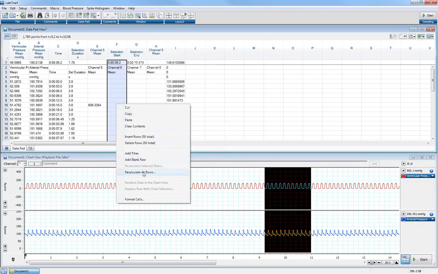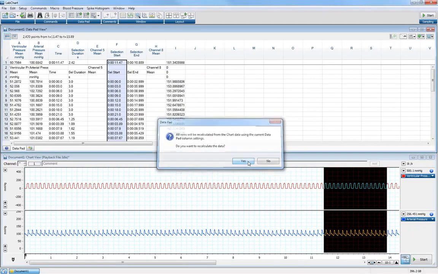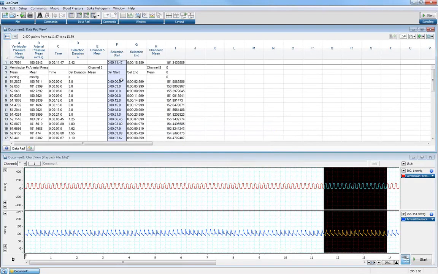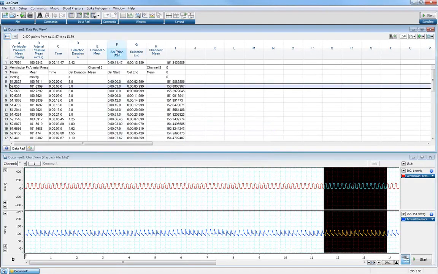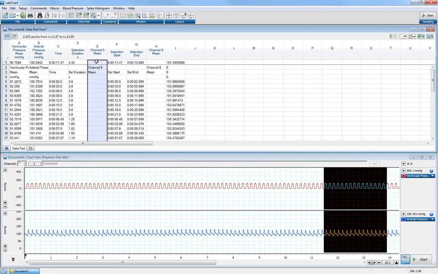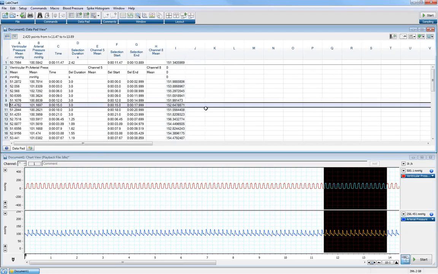And right click, and we can go recalculate all rows. We get a warning, and you can see now it's automatically populated all the rows based on that new calculation that you've done up the top. Okay, and likewise, we did that sum, we manually typed the formula into cell I1, and if we did that again, say in column J, we could type in the formula, right-click, and say recalculate all rows,